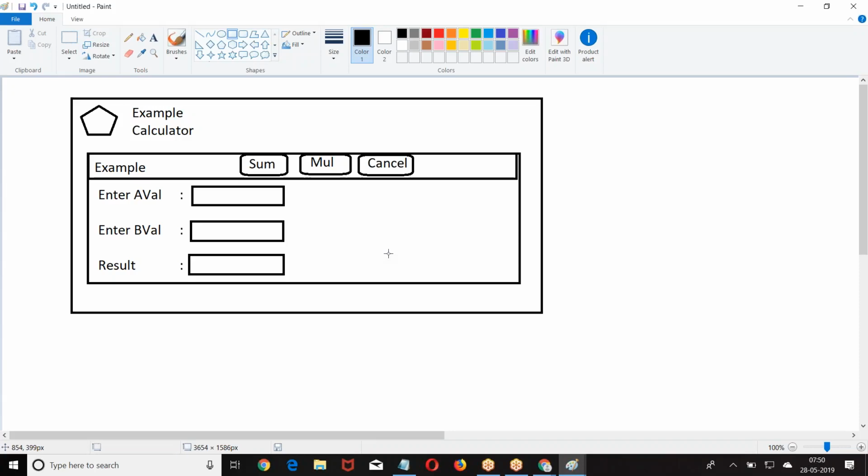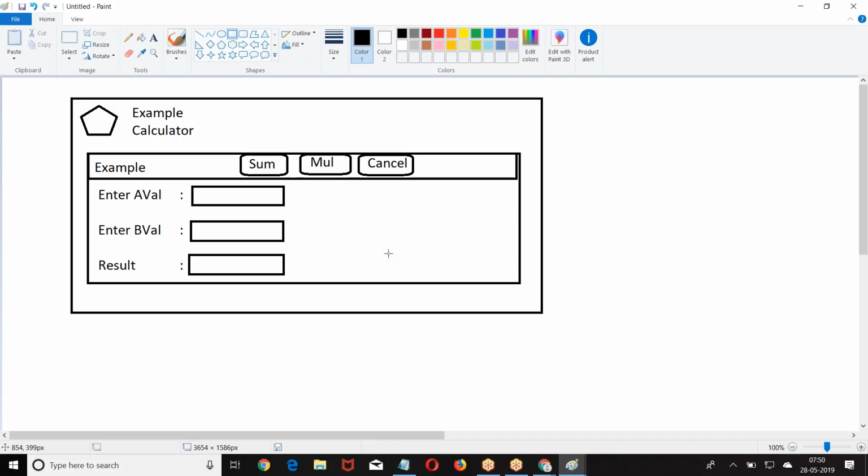So how many operations do we require? Addition, multiplication, reset. So how many methods do we require? We require 3 methods. How many variables do we require? 3 variables. One to store the A value, another to store the B value, another to store the Z. Right? This is the requirement I have.